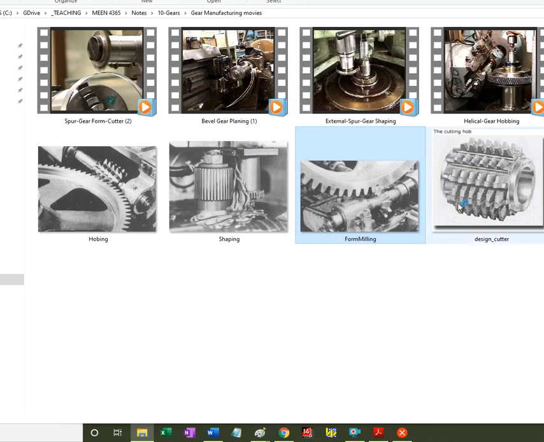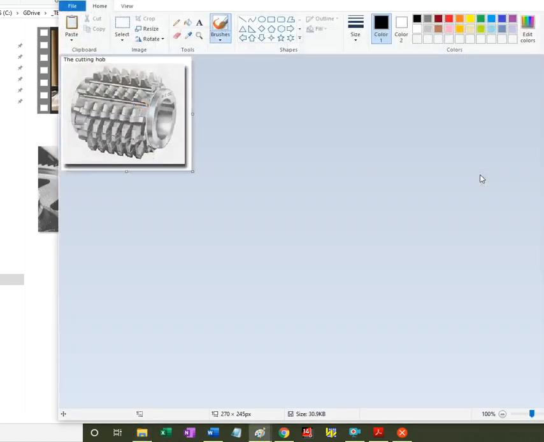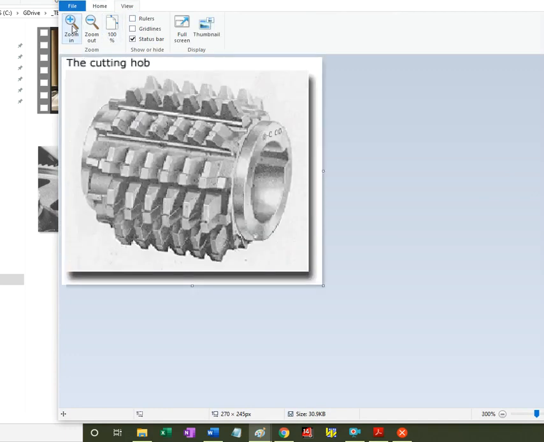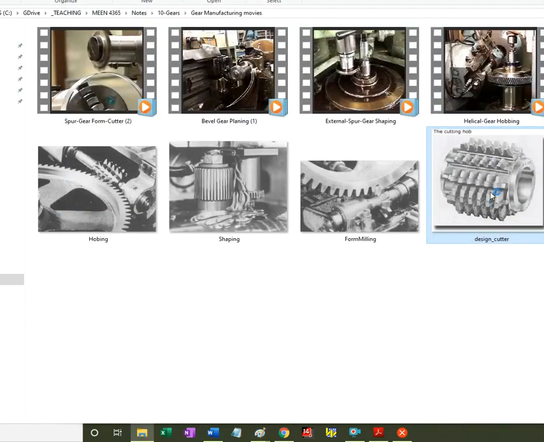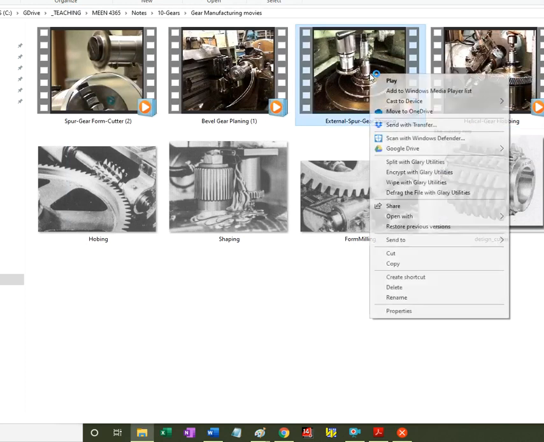And then the most productive one is productive because it's continuous. It removes material continuously, versus the shaper, where the